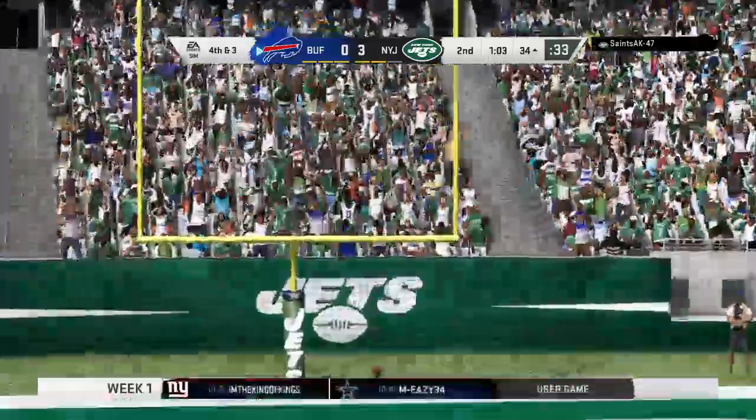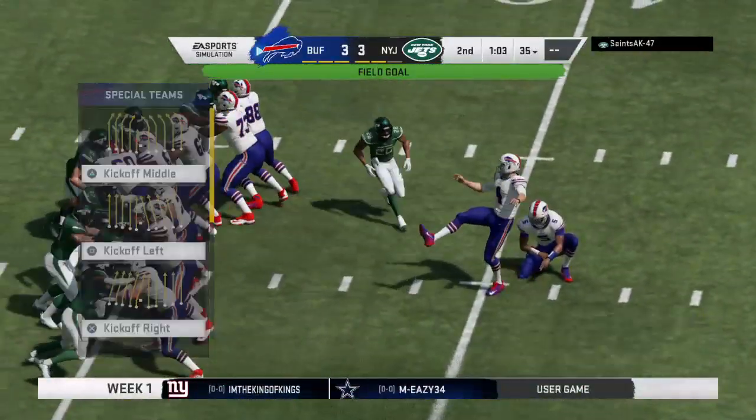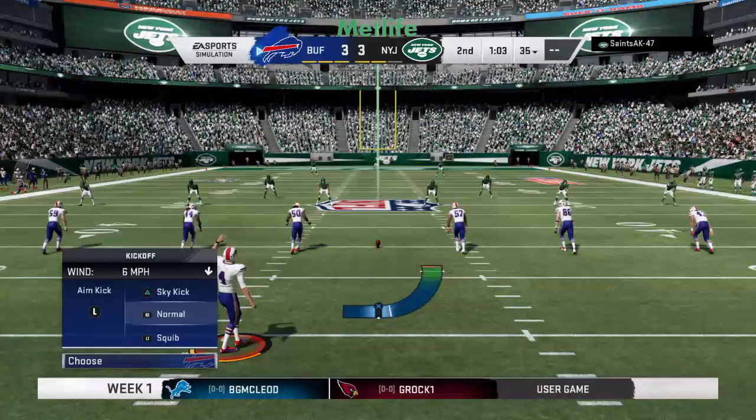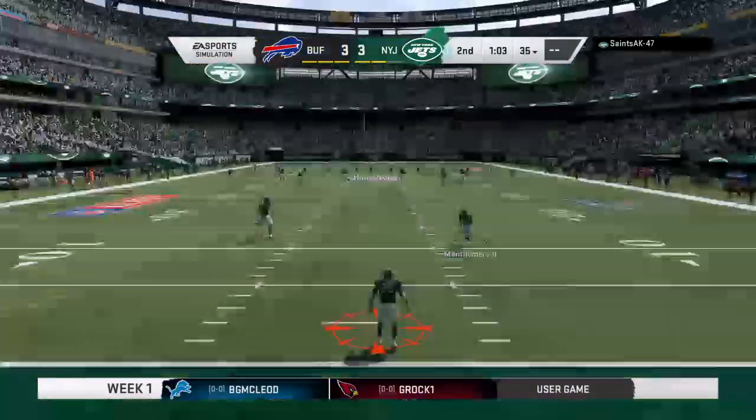And the 11-year veteran bangs it through. And the Bills are going to tie the game at 3. These kickers now, it used to be that a 50-plus yarder was cause for celebration. Now seemingly automatic. Yeah, isn't it funny when we prepare for a game, when you look at the backgrounds of